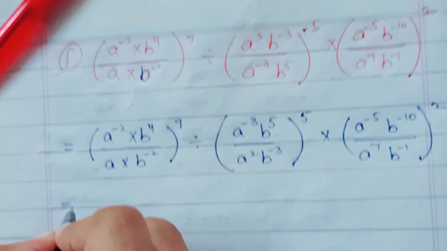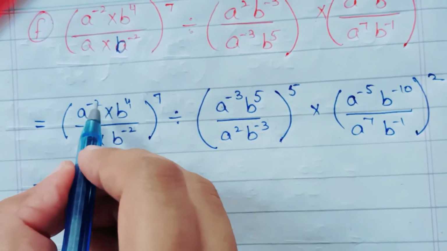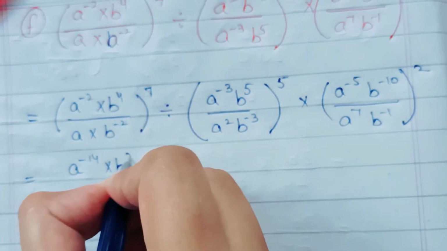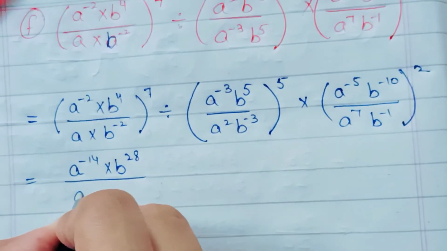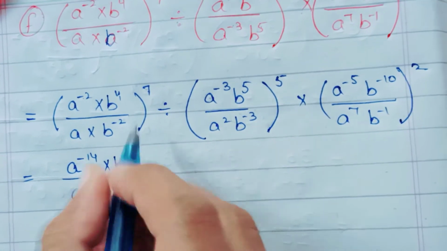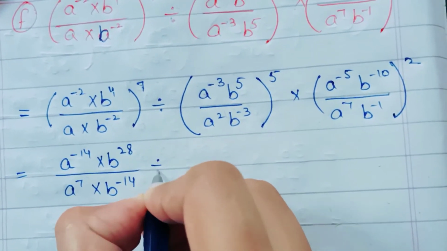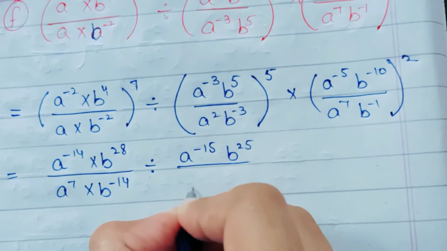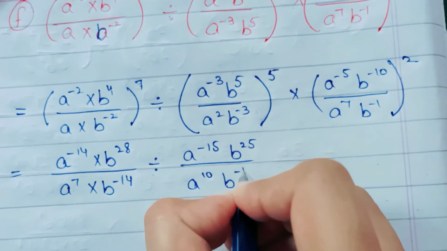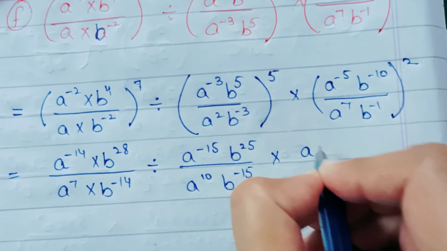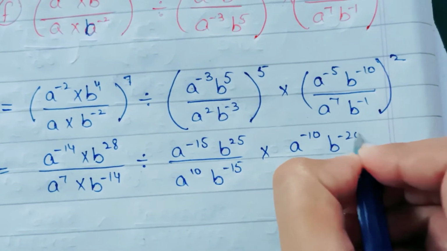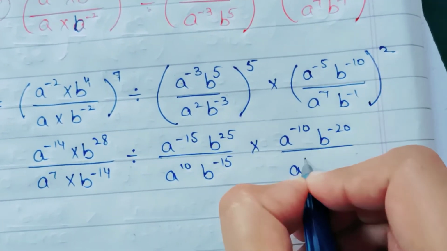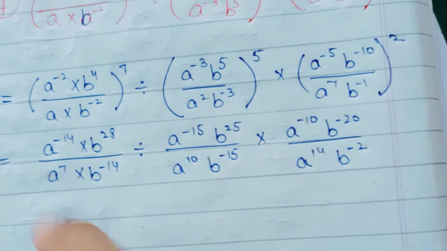In this one step, I will solve the powers. A raised to power 7 2s are 14, minus 14, b multiply by 28 over a raised to power 7 multiplied by b raised to power minus 14, because 7 is the power of all the terms, divided by a raised to power minus 15, b raised to power 25 over a raised to power 10 and b raised to power minus 15 multiplied by a raised to power minus 10, b raised to power minus 20 over a raised to power 14 and b raised to power minus 2. After this,